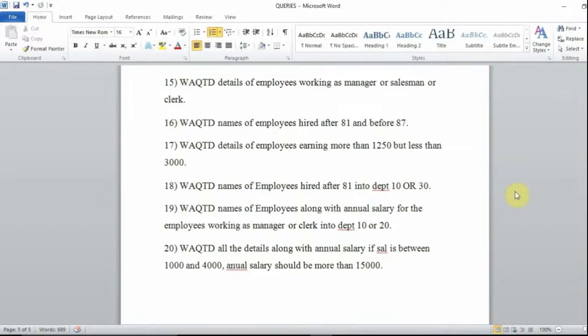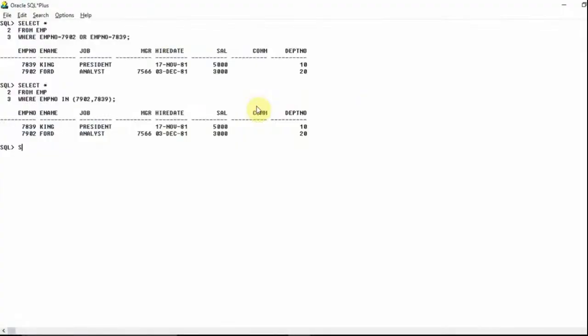So write a query to display details of employees working as manager or salesman or clerk. So here you can see it has given 3 OR conditions. Then I can easily use the OR operator here, or else I can go for the IN operator. So write a query to display details. So they are asking for details. I will write select star from emp